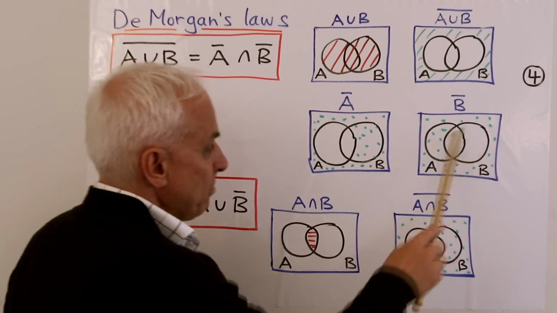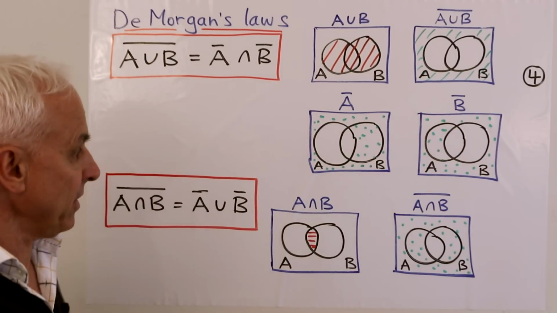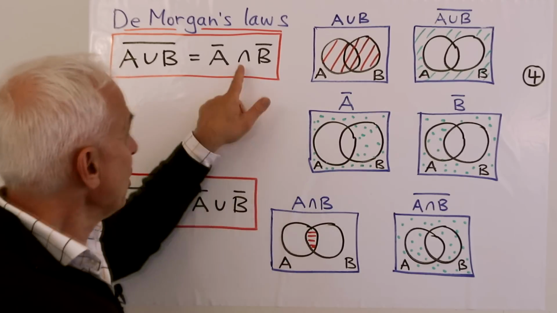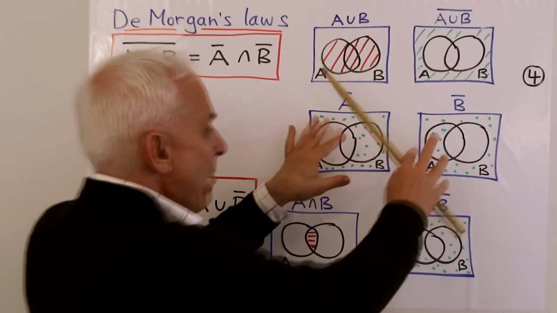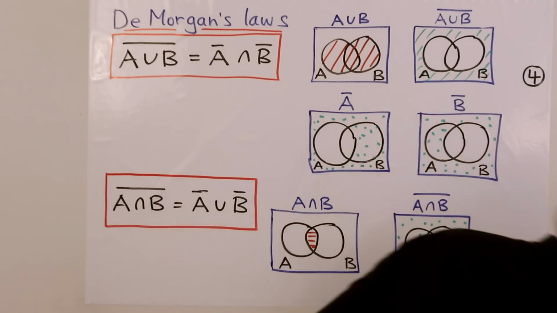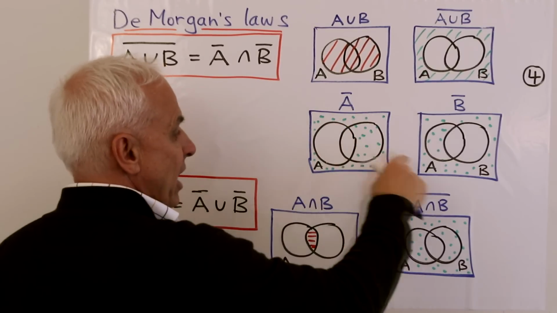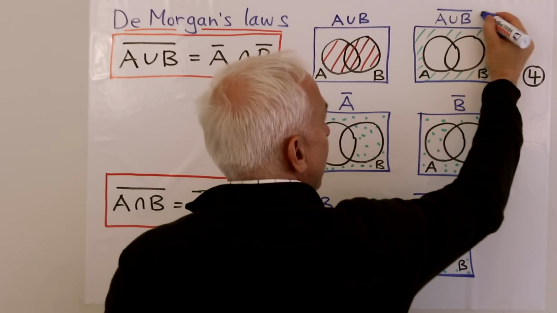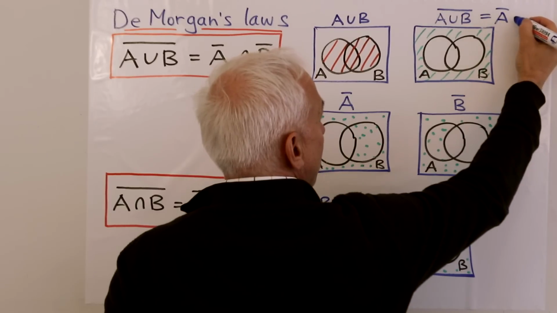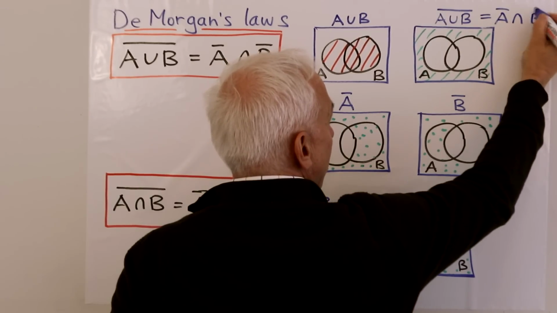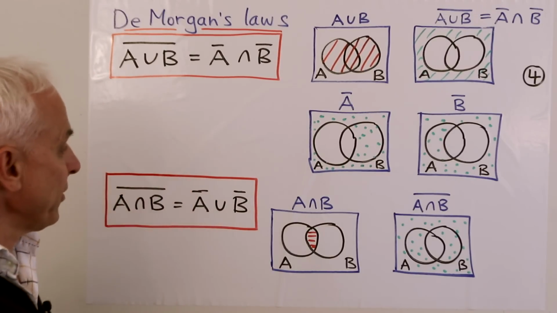And over here there's B, and in green on this side we see everything that's in the complement of B, everything that's not in B. So if we take the intersection of not A and not B, the common dots here, what are we going to get? We're just going to get the things which are outside of A and B. So if we look at the intersection here, it is the same as the intersection of the complement of A with the complement of B. So this illustrates De Morgan's law.